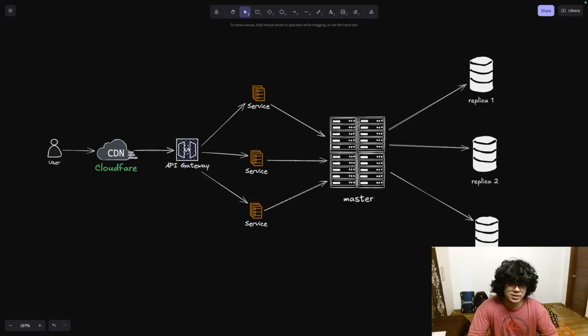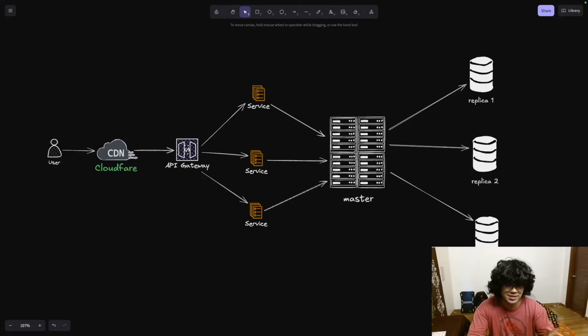What else can you do in this case? So this is what is called vertical scaling. Okay. Vertical scaling can help you up to a certain point, but after that you cannot keep on adding infinite computation to a machine. To solve this problem, what we really do is not vertical scaling, we do horizontal scaling. We break our master database into several small master DBs. And that really helps us increase the throughput through the system and reduce the amount of pressure on a single node, on a single VM.